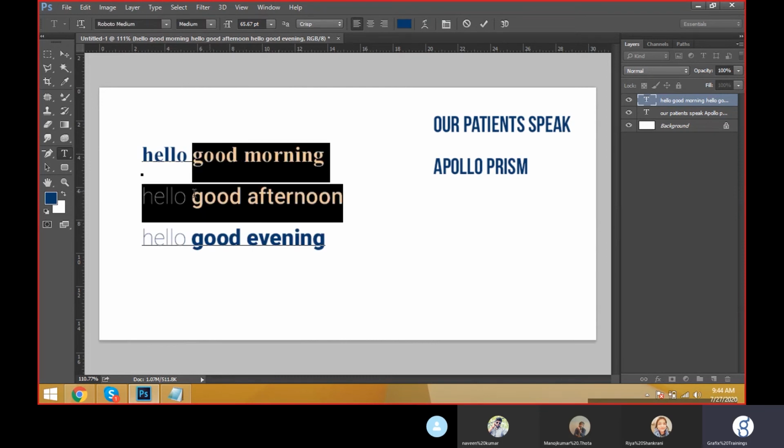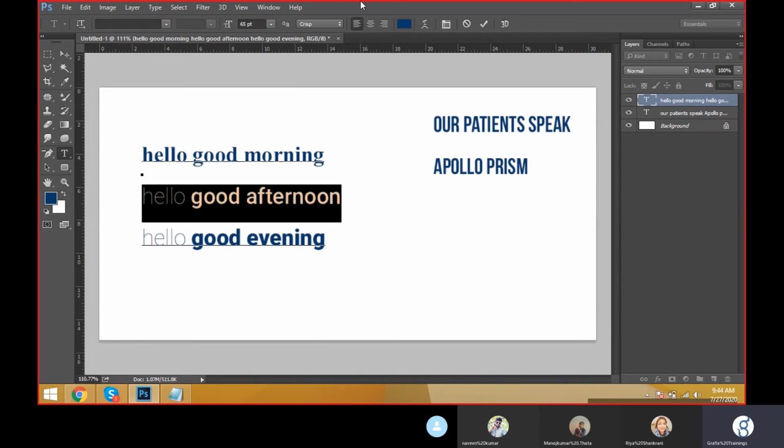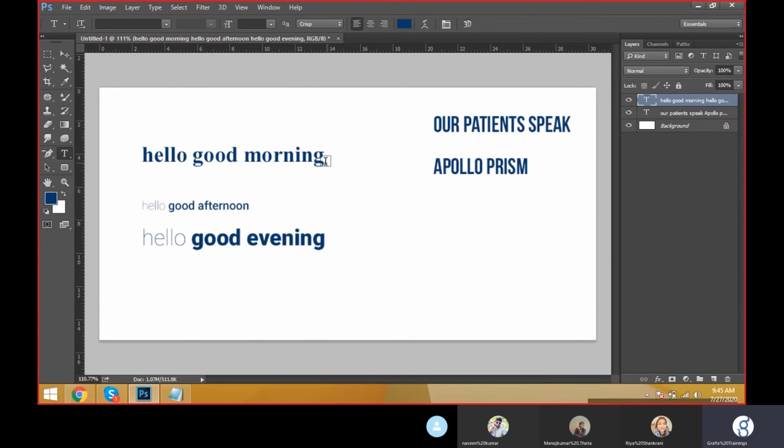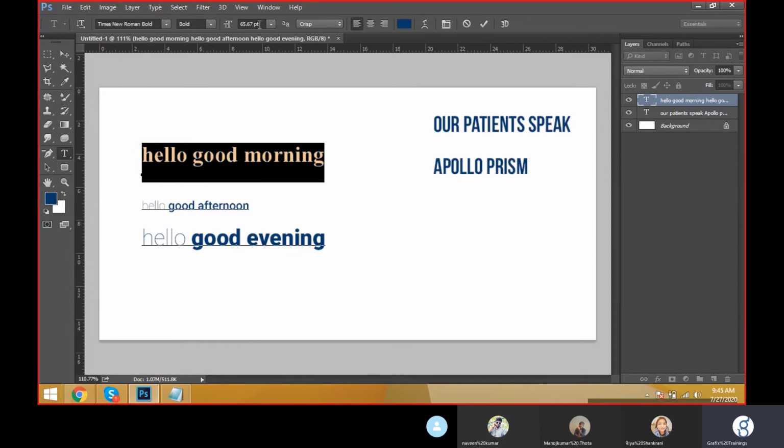Come to here, I would like to change this font to 65 or 35, like this. We can increase and decrease the font size using the font properties. And we have one more shortcut here.